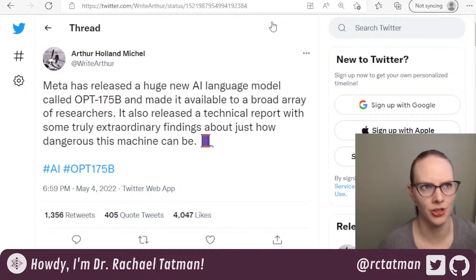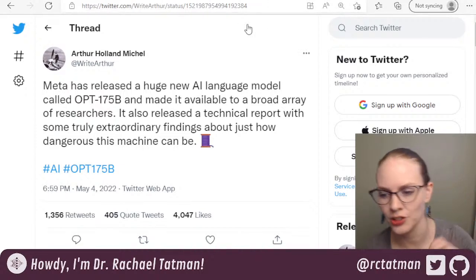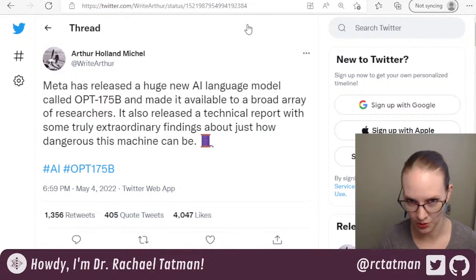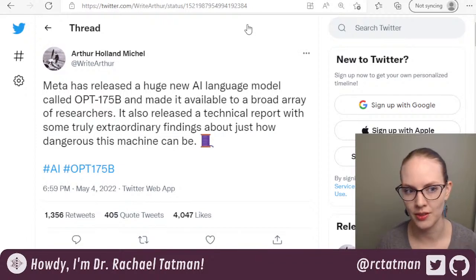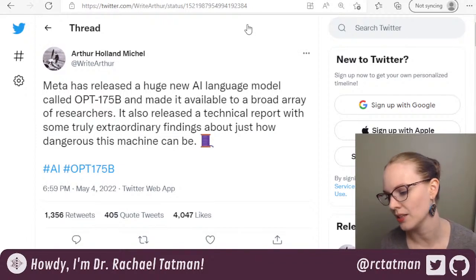If y'all remember, after BERT came out, there's a big field of BERTology, of people studying the model in depth, because it was open sourced. And I'm sure that this will open up a lot of optology, or whatever you want to call it, of studying the model in depth. But again, like,